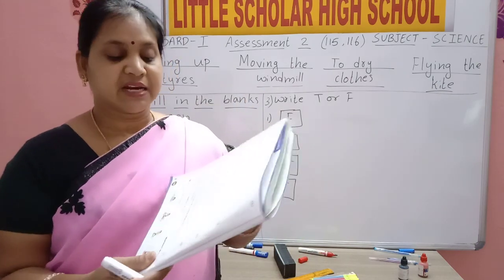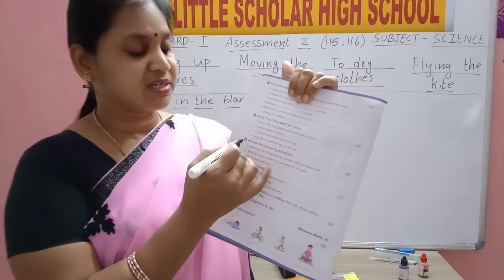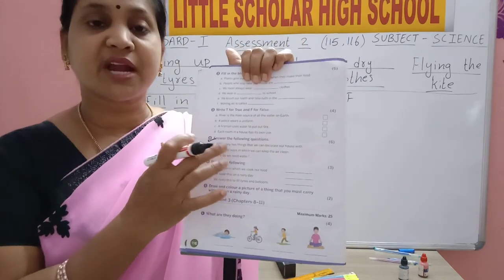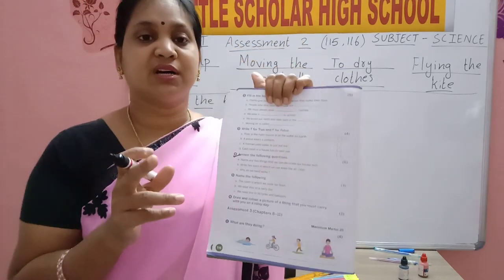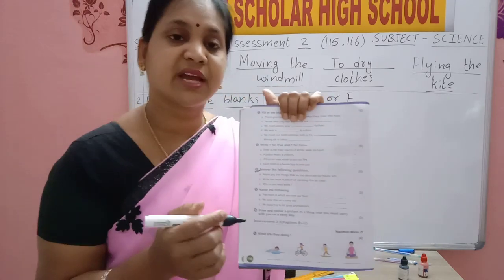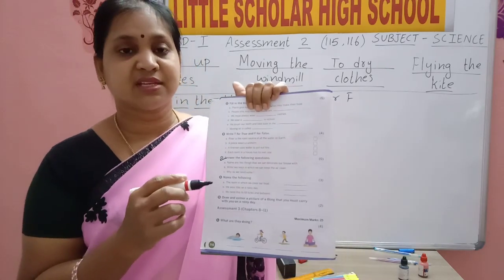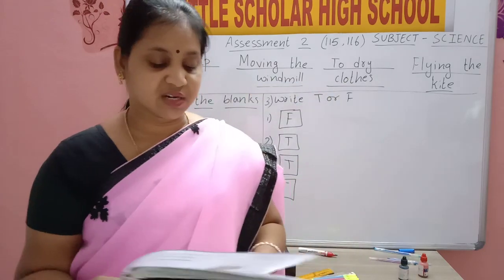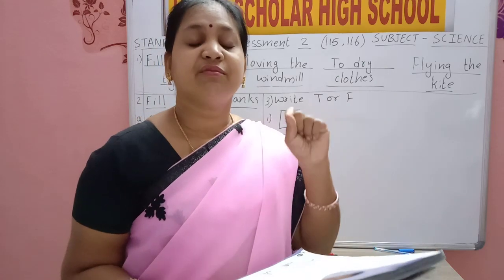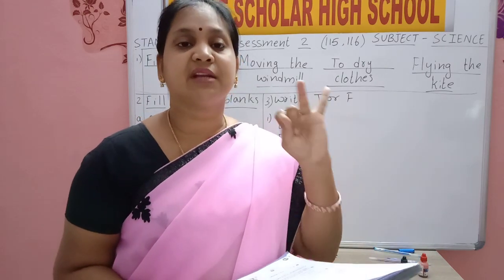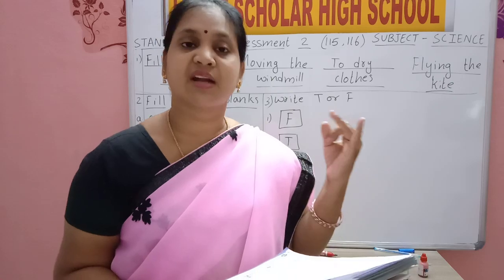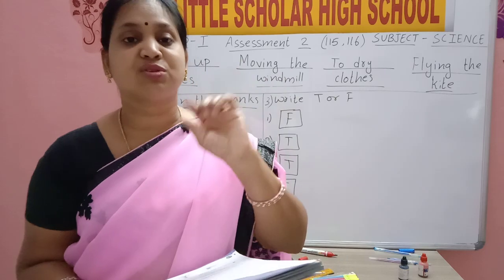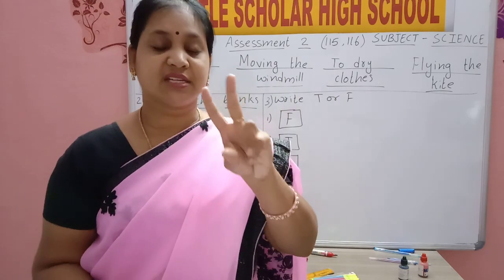With flowers and lights. These question answers you will write in your classwork. I will explain the fourth bit question answers. If you know without seeing, you can write. If you don't know, you have the answer key. You can copy the answers in your classwork. We decorate our house with flowers and lights, and rangoli also we use on Diwali festival. Lamps also we use to decorate our house. You can write any two.